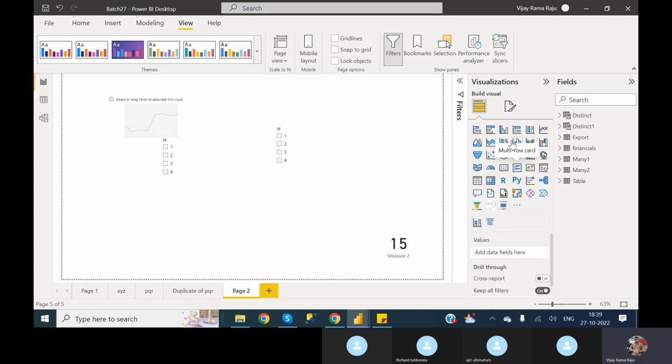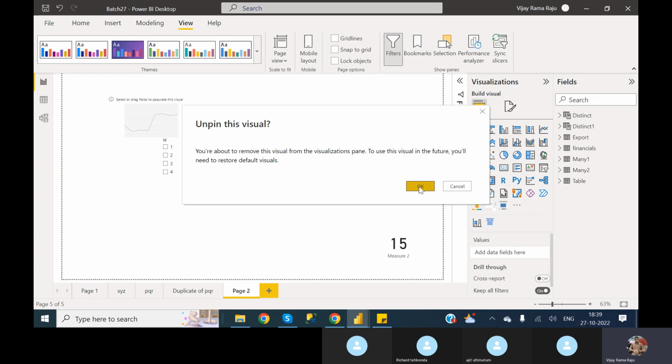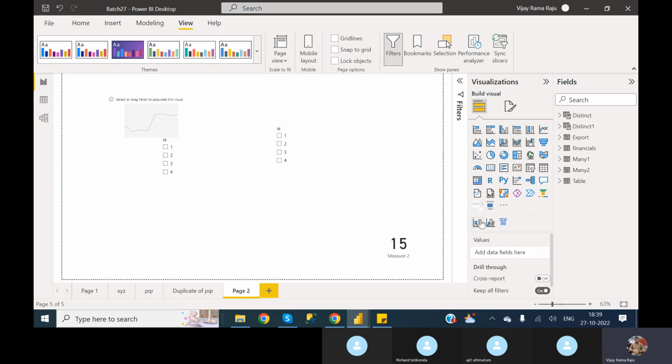Not only this one, whatever default visuals you want to unpin, first you have to right click on that particular default visual and click on unpin this visual, and those visuals will come under custom visuals. Okay. So whatever default visuals you unpinned,